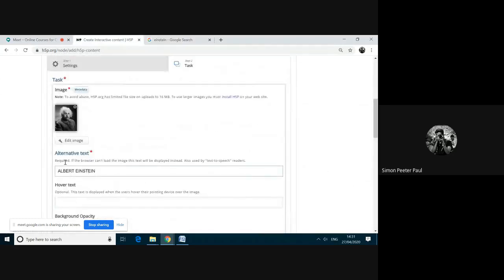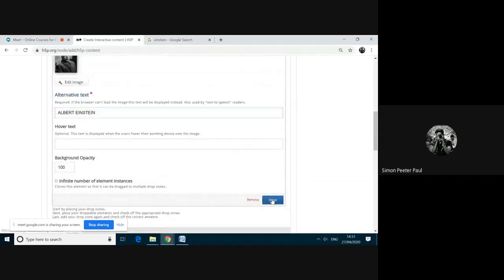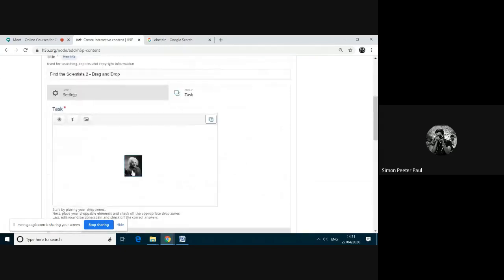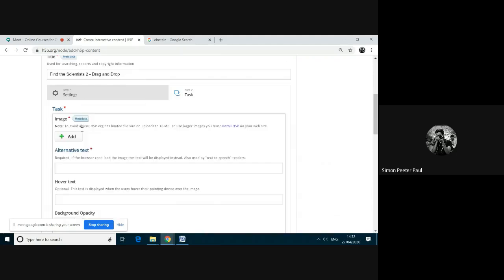And then here I added the image and I have given the alternate text. Then I'm clicking this done button. I got this image. Then I can move this one by clicking on the center. These edges help us to increase or decrease the size. I'm moving him here. And then again, I am going to add one more image.